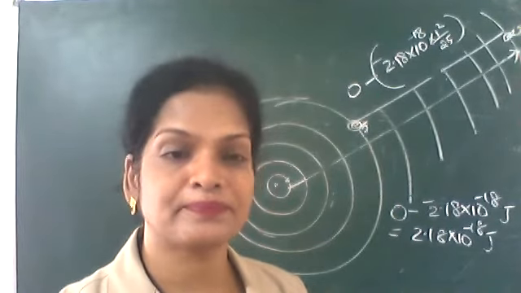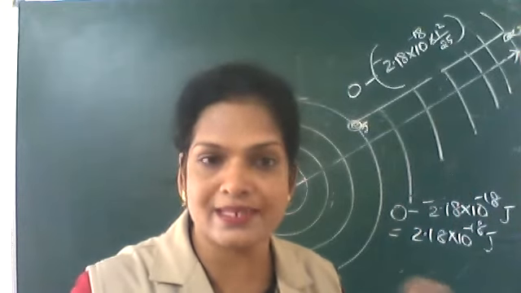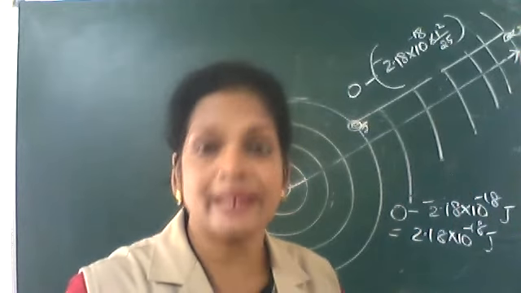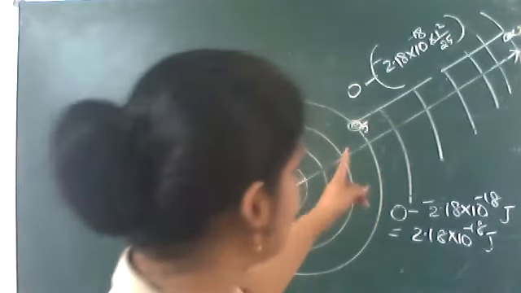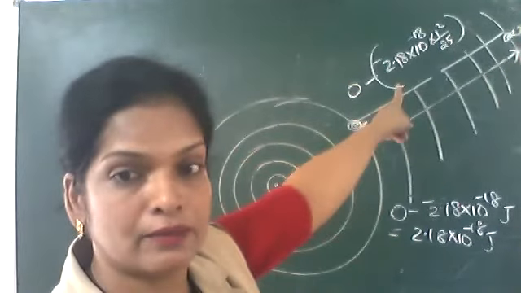Now they are telling that the electron is not in the ground state. The electron is present on the fifth state. Now you ionize. It means when the electron is present in the fifth state, it already has some amount of energy inside it. The rest of the energy you have to give. Now we are going to ionize the electron from the fifth orbit, not from the first orbit. So to take the electron from the fifth orbit to infinity, how much energy is to be given? That is plus 2.18 into 10 to the power minus 18 upon 25.